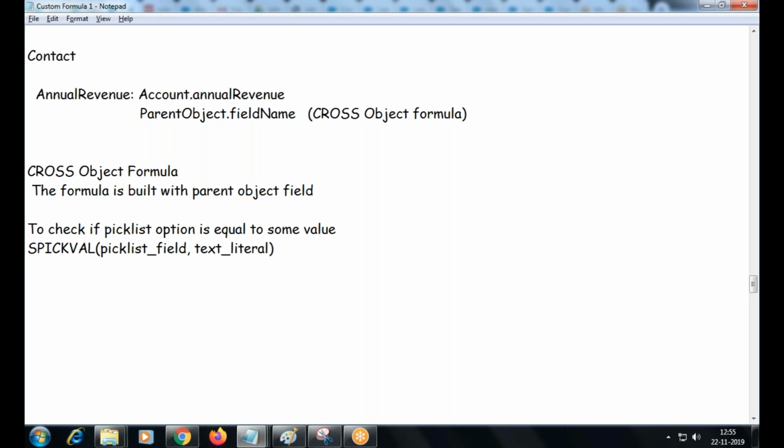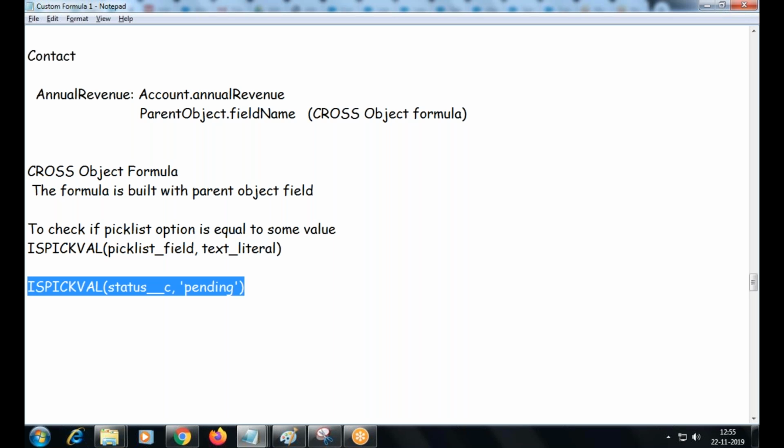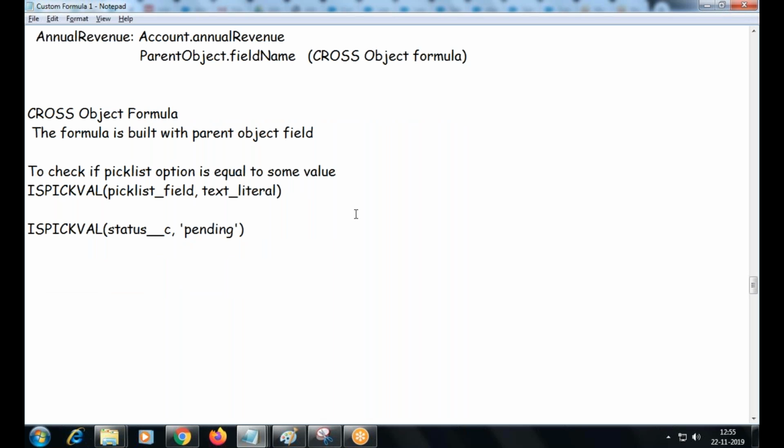So this function is specifically given for a pick list field. So any pick list field, and what is the value you are going to compare. In our case, status underscore c, sorry, isPickVal, field, and what you are going to compare? Pending, like this. Okay, so you need not convert the option to a text format.